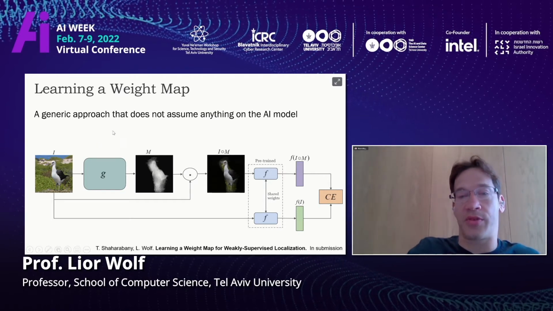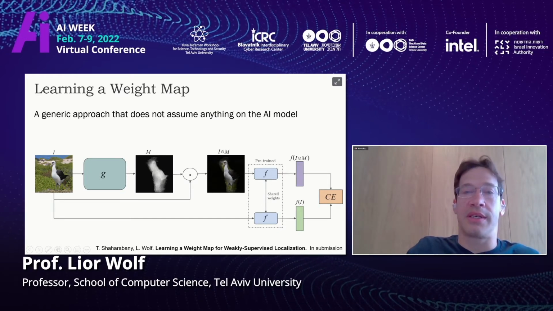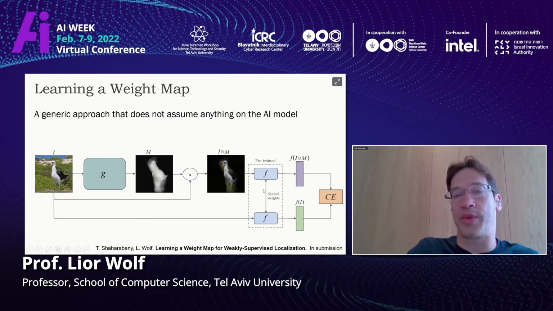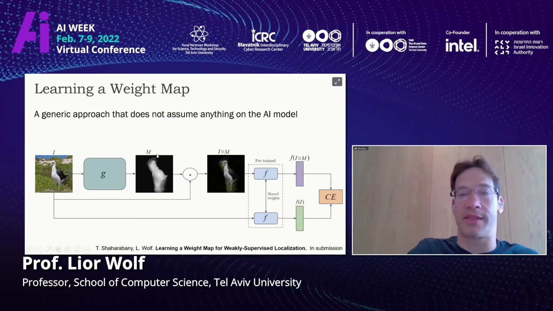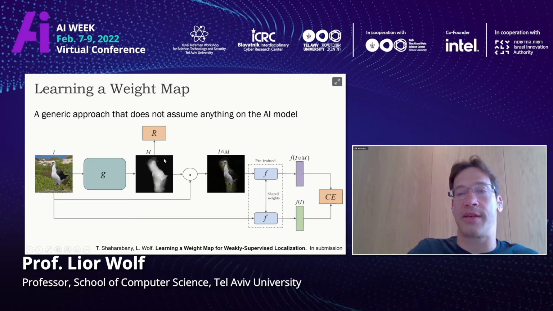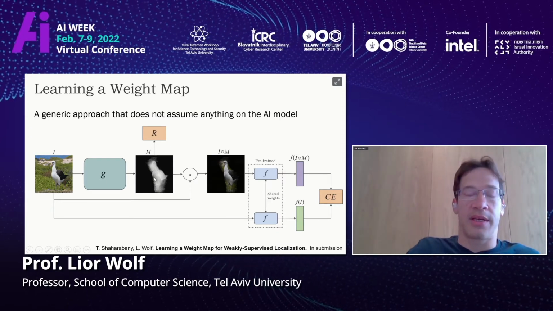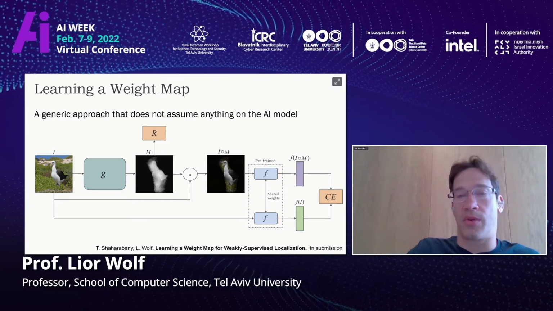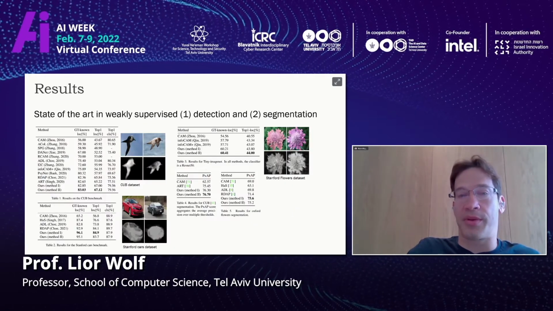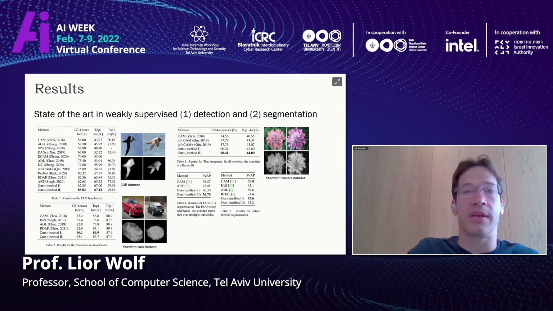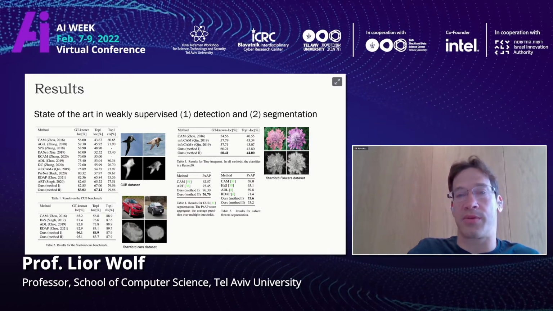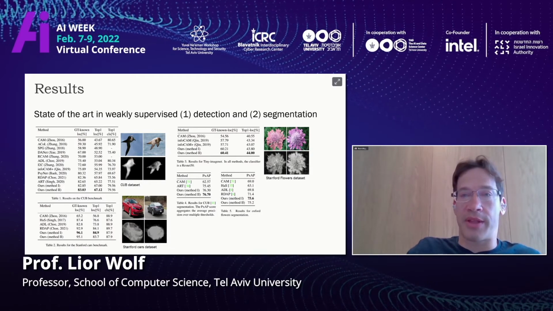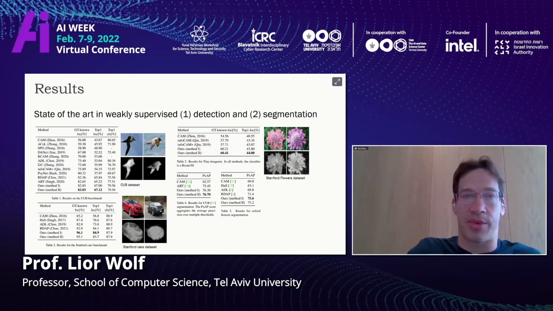This is actually a very effective constraint. The only issue is that if we take the entire image as white, then classification would be the same. So what we do is to add a regularization term that basically tells this image to be as compact as possible. So this is a very generic method. We apply it in images, we apply it in bioinformatics, works great. I'm not going to go through the results. I'm just going to say that this is state of the art in what is called fine-grained weakly supervised detection and segmentation. So the first method looks at the classifier as a black box.